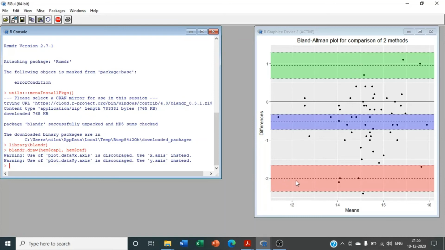This line over here shows the lower 95% limit of agreement, and this shading in pink is the confidence interval for the lower limit. For a method to be accurate, this upper confidence interval of the upper limit and lower confidence interval of the lower limit, they need to be within the acceptable